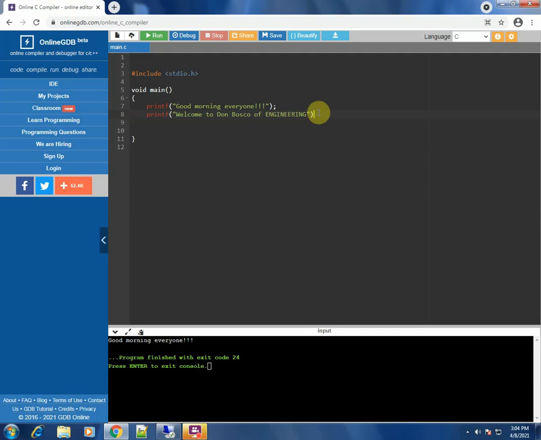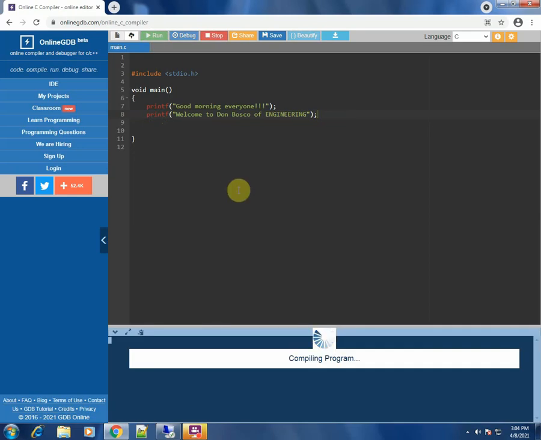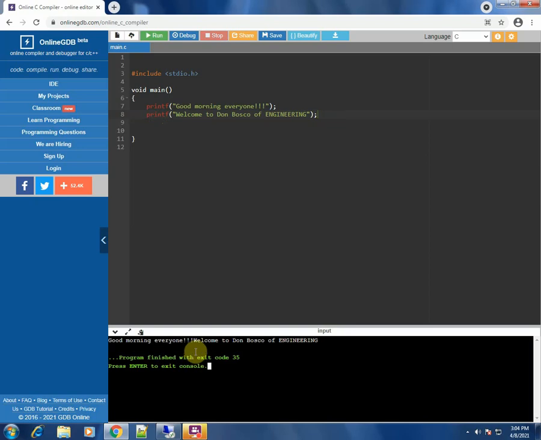We have to end it with a semicolon. As I have told you, every statement inside the void main function, we have to end it with a semicolon. So I put a semicolon and let's run the program again. Click on this run button and you will be able to see the output at the bottom of the page. Can you see the output at the bottom? Good morning everyone, with 3 exclamation marks, and it says welcome to Don Bosco Engineering. Okay, so you can make necessary changes if required.